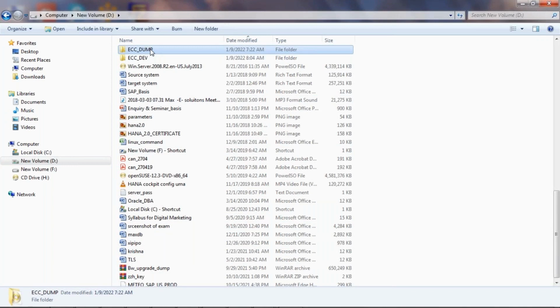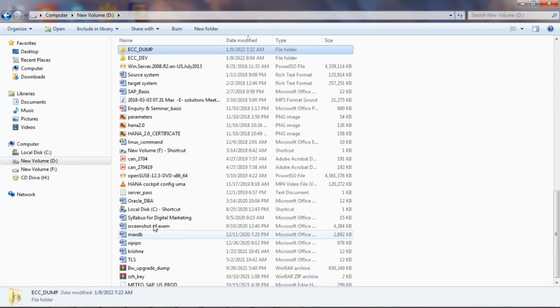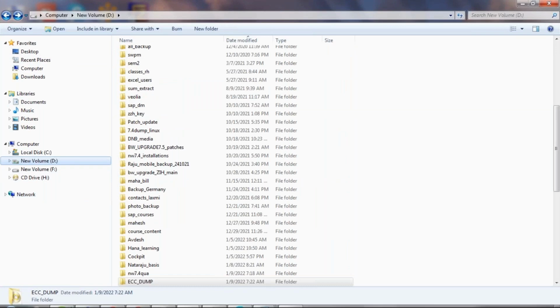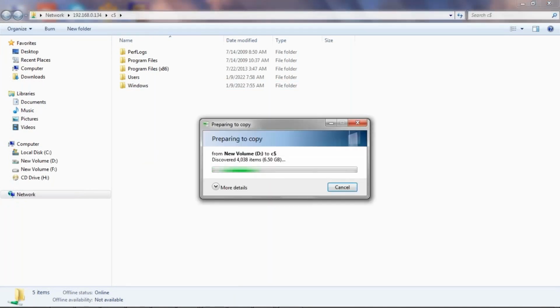Instead of copying, you can map the network drive and start the installation, Rajendra? No, it will take more time. On the local system only, it may not take more time. I tried that once. It takes a lot of time, because of reading and writing, it will take more time to read something, write something, and this is not an SSD hard disk. This is a simple hard disk.